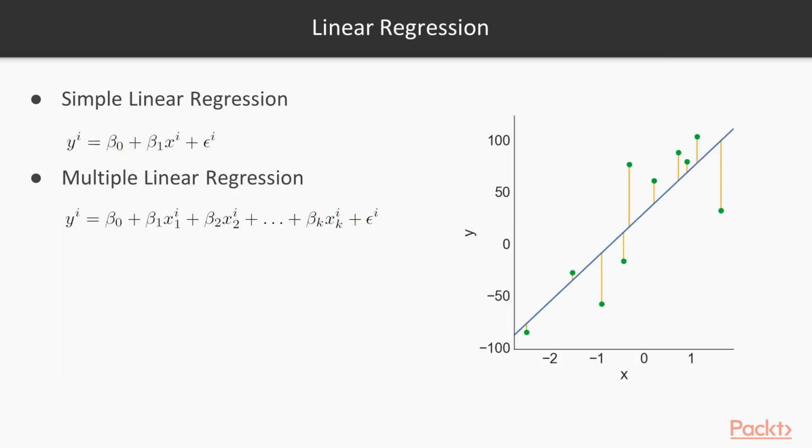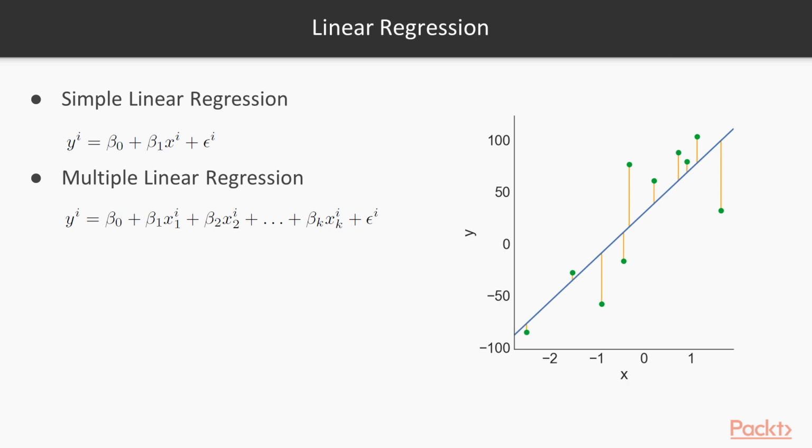So, there are basically two linear regression models that we're going to learn about. One is simple linear regression and the other one is multiple linear regression. In the simple one, we are predicting the outcome variable y by using a single input variable, x. And we are going to fit a model that will predict the beta 0 and beta 1 coefficients, beta 0 being the intercept, and beta 1 being the slope of this line, so that our error epsilon is as small